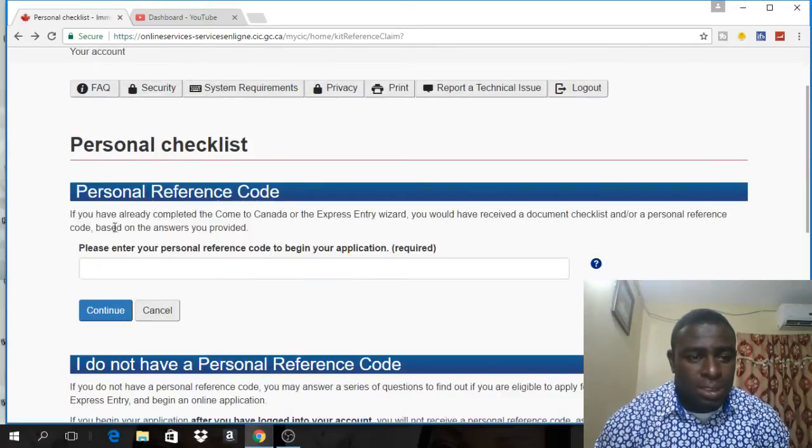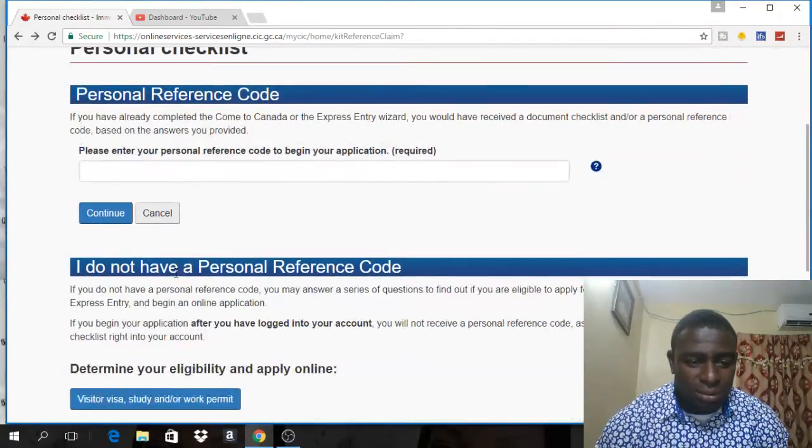And right here it will ask you to enter your personal reference code. You won't have a personal reference code as yet because you haven't put any information into the system yet. So you won't enter any number here. I do not have a personal reference code. If you don't have a personal reference code,